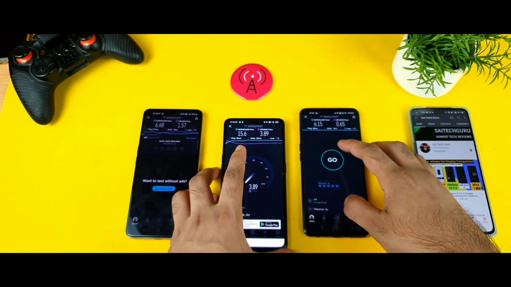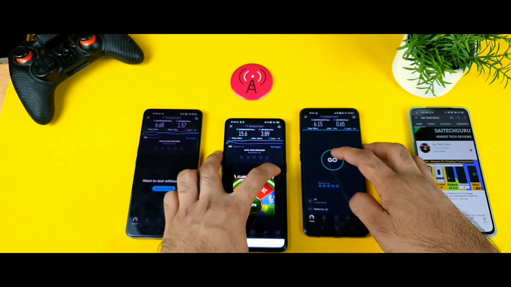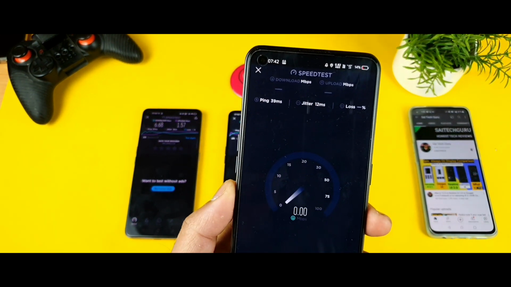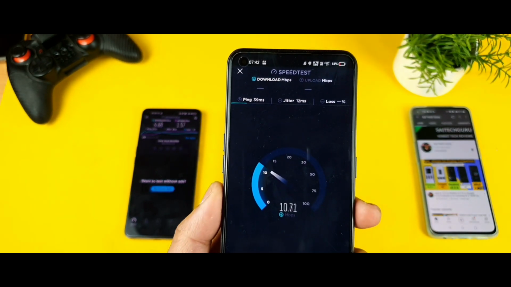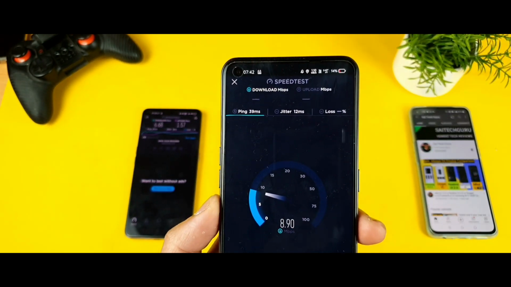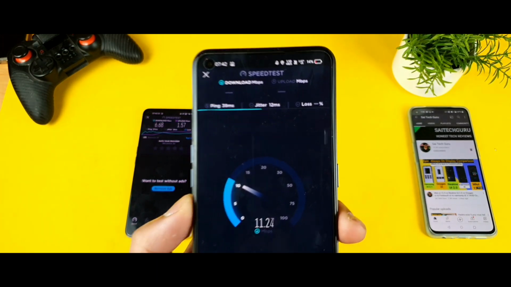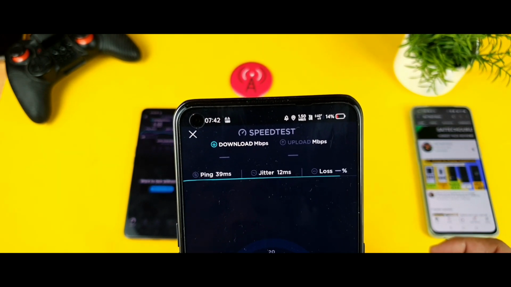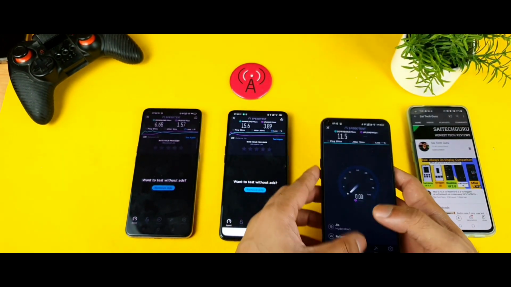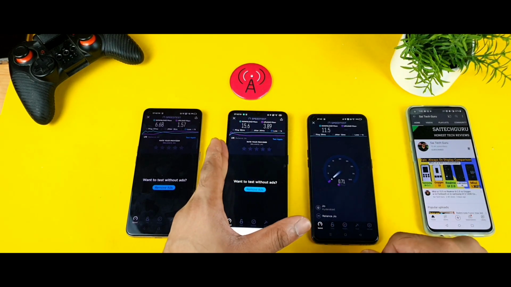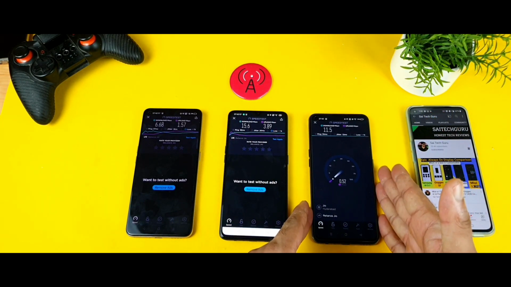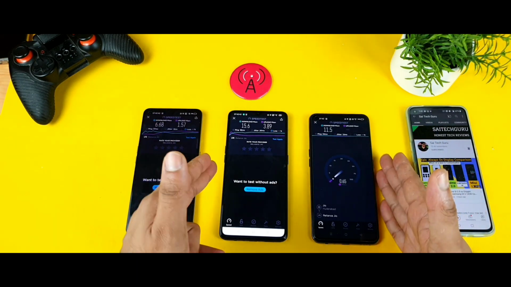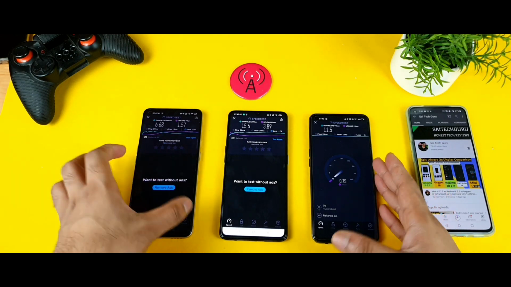Let's see what will happen with this Realme X1 Max right now. With the Realme X1 Max I'm getting speeds of about 11 Mbps, not much, 11 and 8 Mbps only during this time, as you can see, friends, and it's not getting any kind of 2CC at this point, only the 1800 band. You can clearly see the difference, friends, how much it is. So first position goes to the Realme X2 Pro, and second position goes to the Realme X1 Max, and third goes to the Realme X1 Pro. Sorry, second goes to Realme X1 Max, first Realme X2 Pro, third X1 Pro.